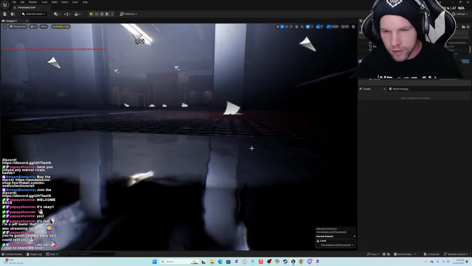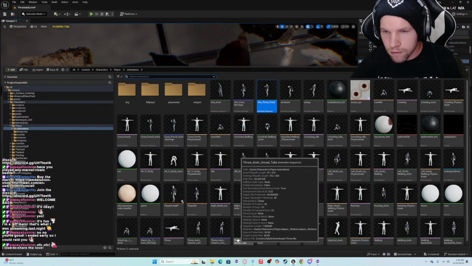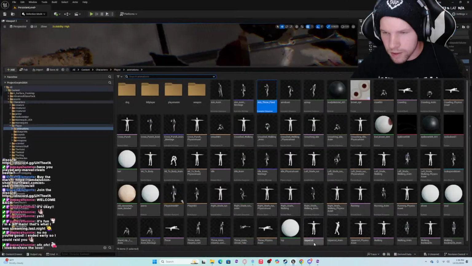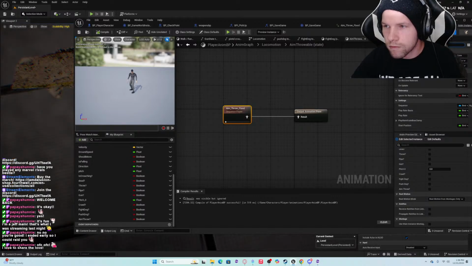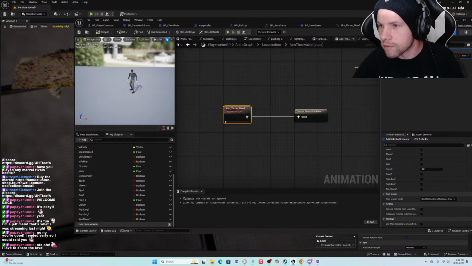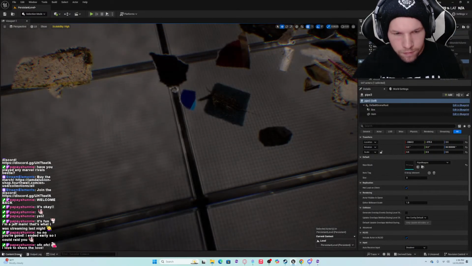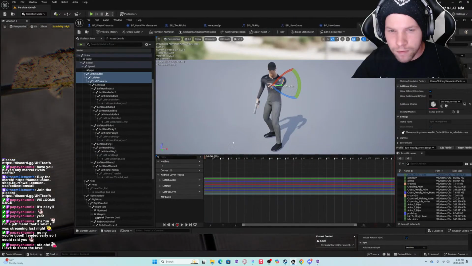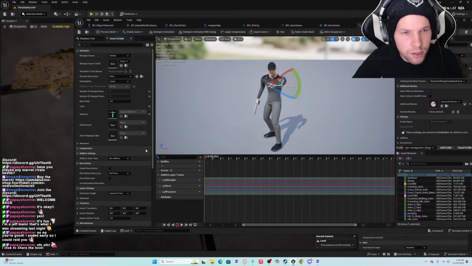Only problem is it's not... What the heck is going on with it? For one, it's already set to loop, which is good. Oh, I know what we need to do. Asset actions.